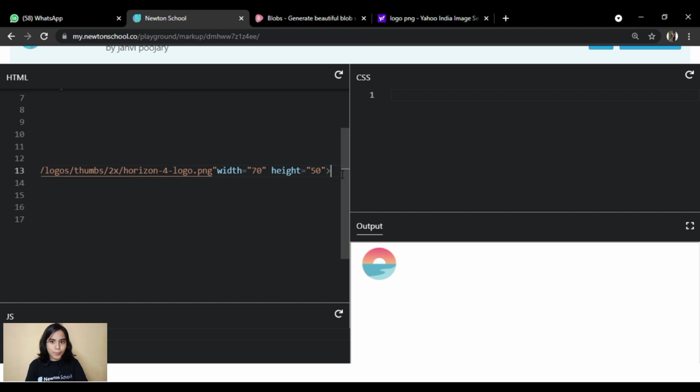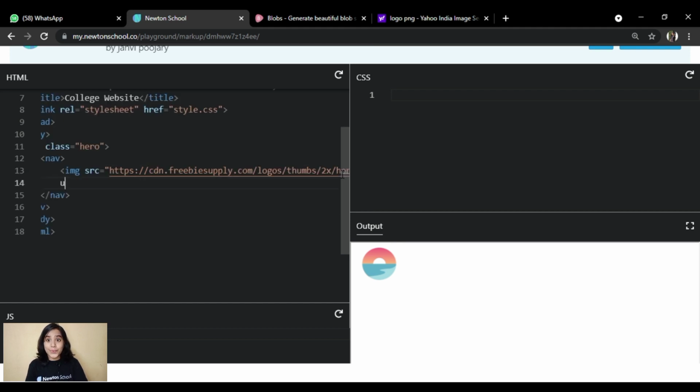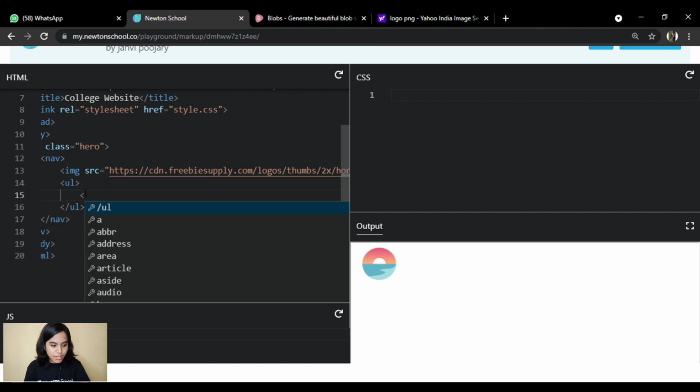If you are making your own portfolio, you can also add your own logo over there. We will also give it a width and height. After that, we will write one UL tag, and inside it we will write all our LIs.